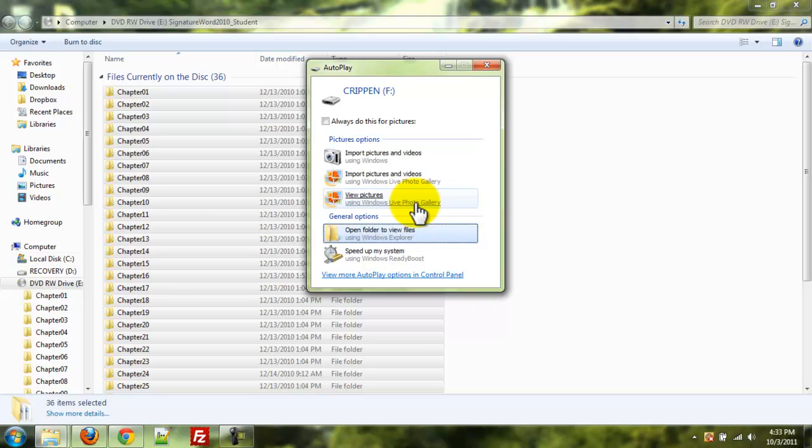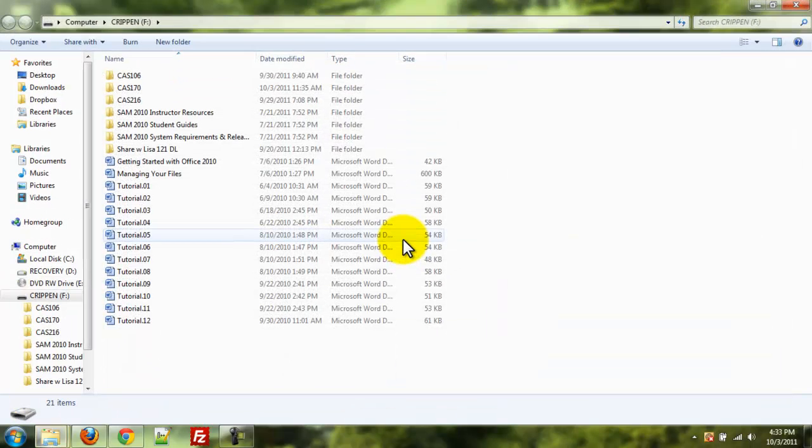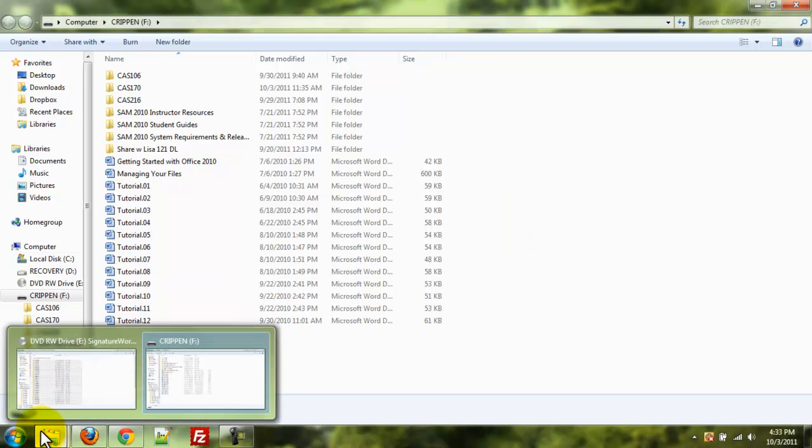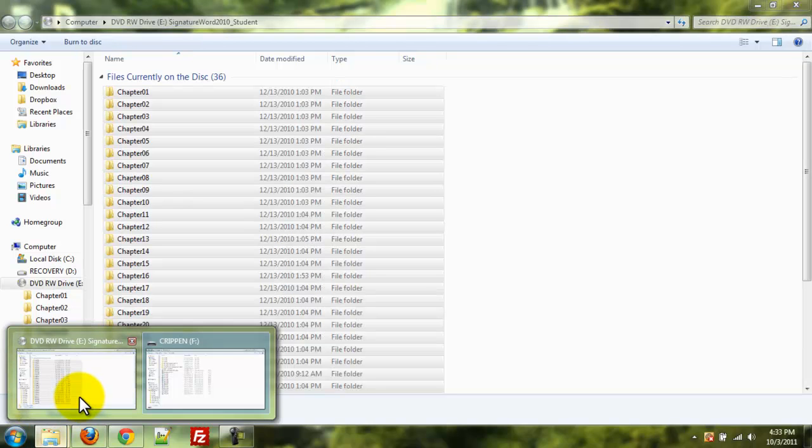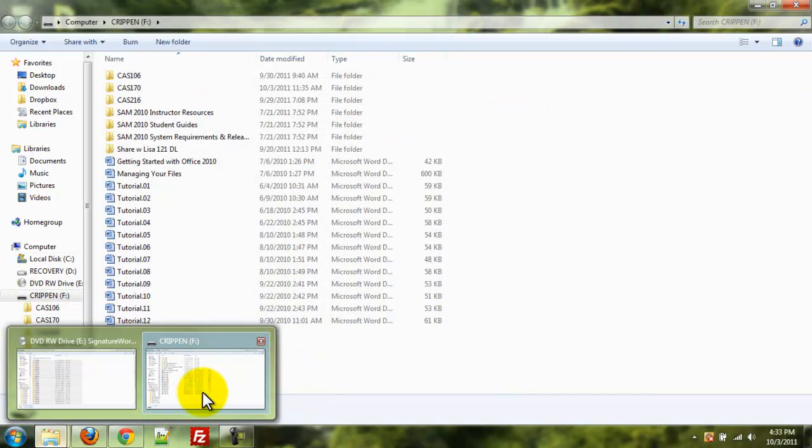And I get another dialog box that comes up that says, what do you want to do with the files on your flash drive? And again, I'm going to click on Open Folder to view files. I get a new Windows Explorer dialog box that opens up. My other one is still open, and I can tell this because when I hover over my Windows Explorer icon in the taskbar, I have two screen thumbnails that show up. The one on the left is for my DVD drive. The one on the right is for my flash drive,